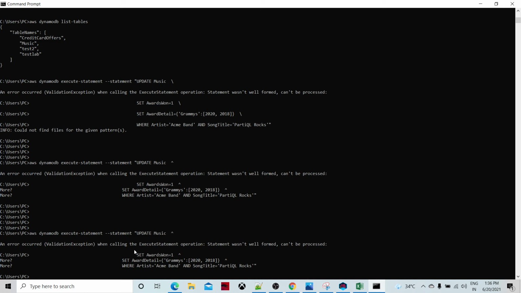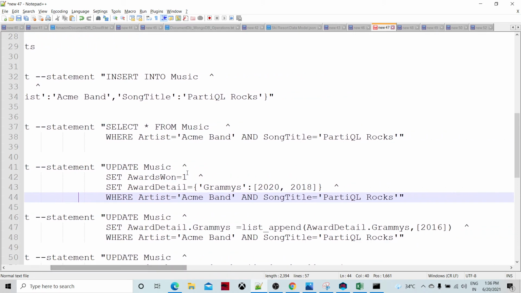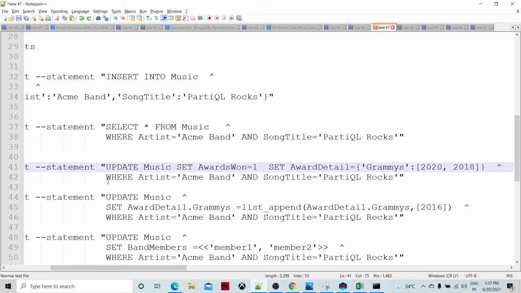There is an error: a validation exception when calling the ExecuteStatement operation, in the query statement. I would remove this and say this.